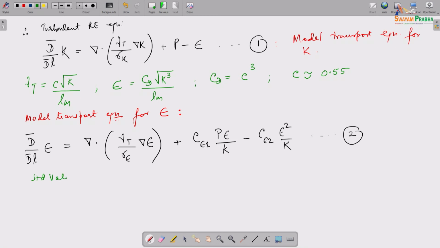Okay. Now, let me give you some standard values, right. These are from Launder and Sharma. So, these are some standard values, right. Okay. So, these are